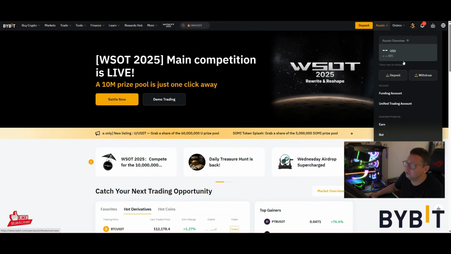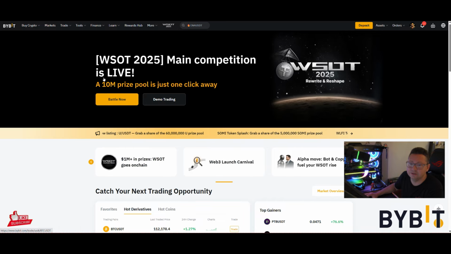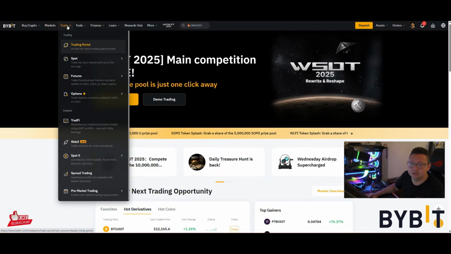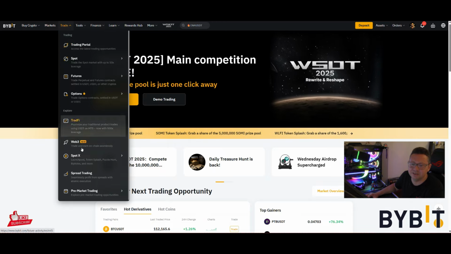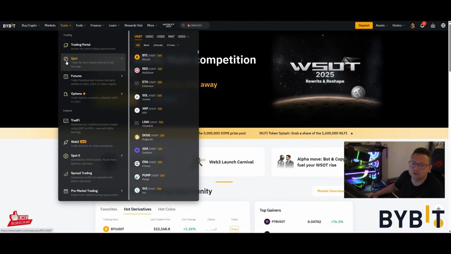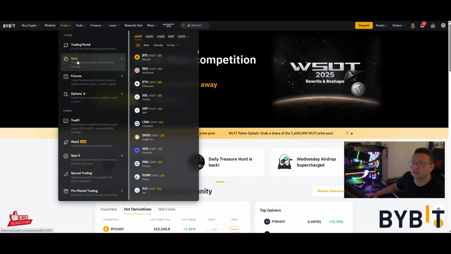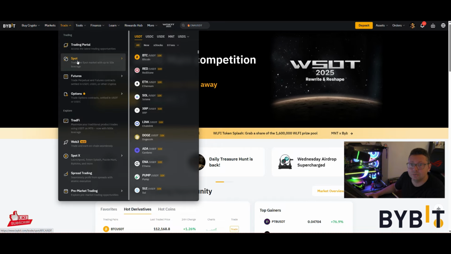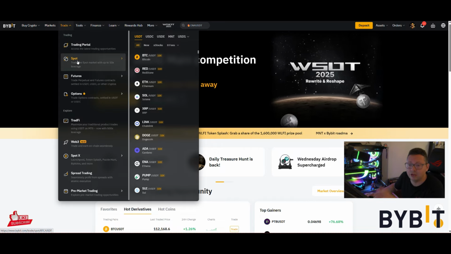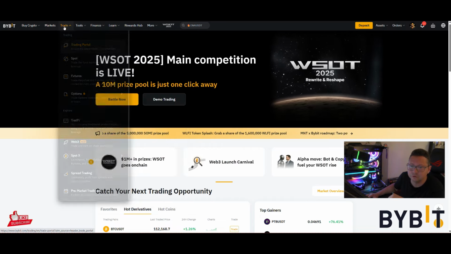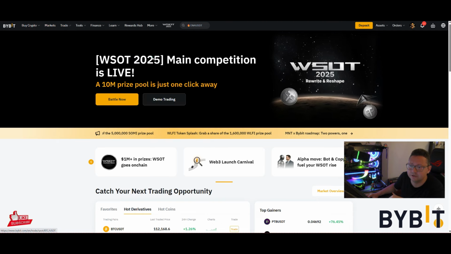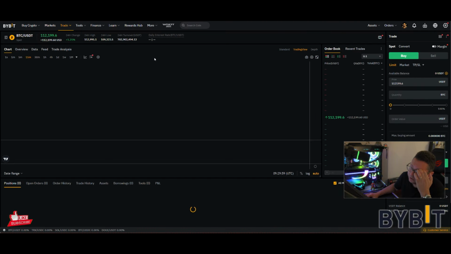Then you have it here in your asset list, all your funds that you're buying or depositing here in your Bybit account. Then the fun part starts when you go to trading, because here if you go to trade you can see many things that are available, but the main feature is just the spot trading. Here you are actually buying the cryptos that you want. So for example, if you want to buy Bitcoin with your stable coins that you have here, then you go here to trade, then spot, and you select Bitcoin USDT,